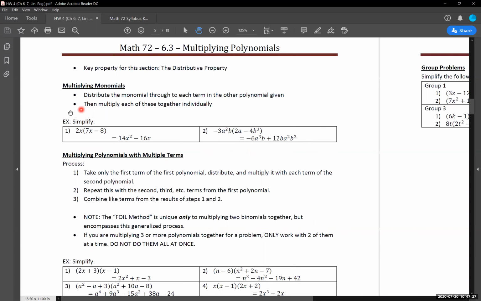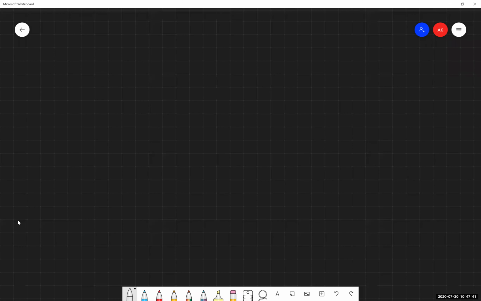So let's go through our first two examples that we have here. Again, multiplying monomials. These are the first two that we're going to reference over on our blackboard. So first two examples, we are told to simplify, which means PEMDAS, order of operations, if we're ever wondering where we should start with these things, what to do first, second, third, and so on.